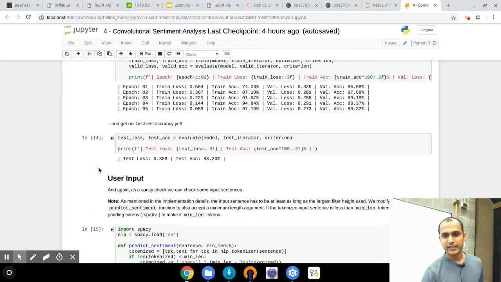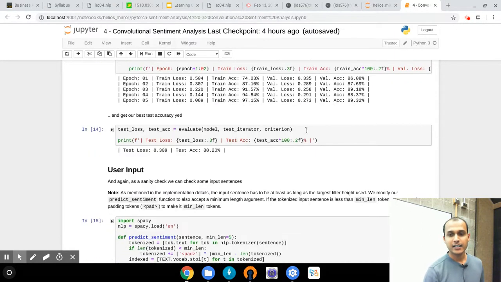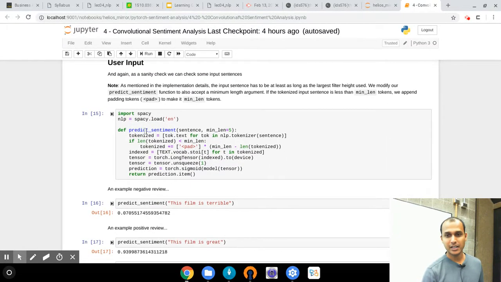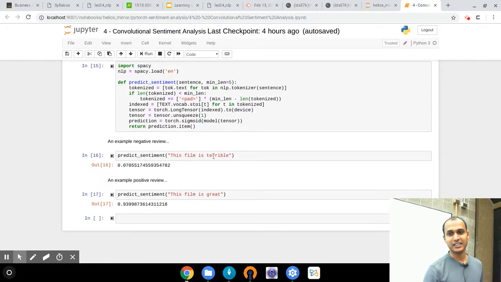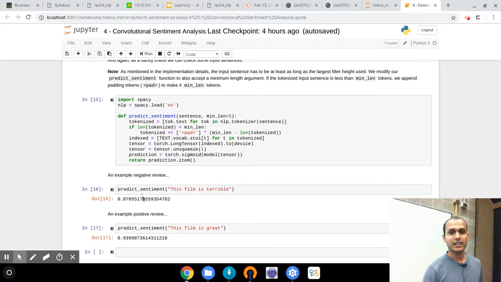Here they're getting an accuracy of 86%, but this is not the same dataset that we just discussed. The MR dataset where there was 81% accuracy is different from this particular IMDb dataset. Here is an example: the sentiment of "this film is terrible" is close to 0, essentially a negative sentiment, and if "this film is great," it's a highly positive sentiment. The purpose is, of course, for the first time, to run through and ensure that the whole thing is working,